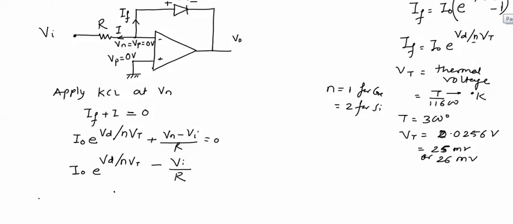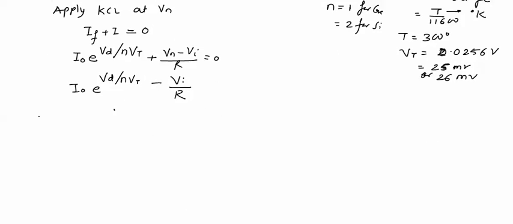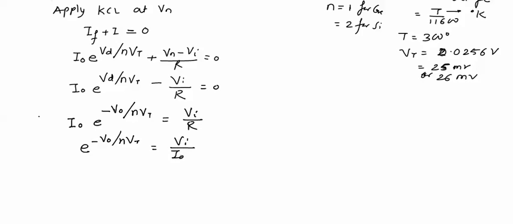Now in this circuit we know that this voltage Vd is the difference in potential at the two ends of the diode, and this Vd can be written as Vd equal to this voltage Vn minus this voltage V naught. We know that Vn equal to 0 volt, so Vd equal to minus V naught. Now substituting this part here, I naught into e raised to power minus V naught upon eta Vt will be equal to Vi upon R. Now e raised to power minus V naught upon eta into Vt will be equal to Vi upon I naught into R. So now taking log on both sides,